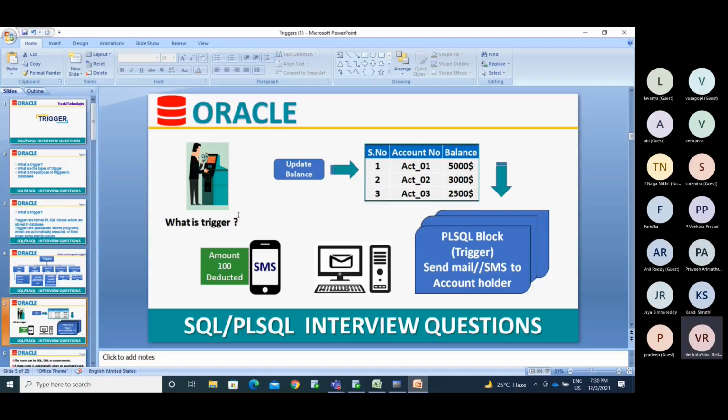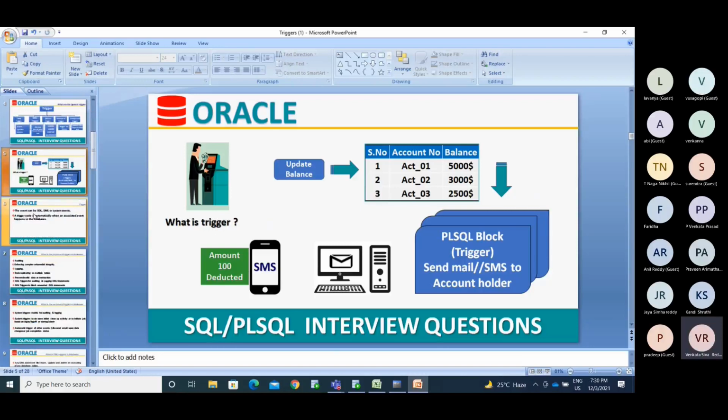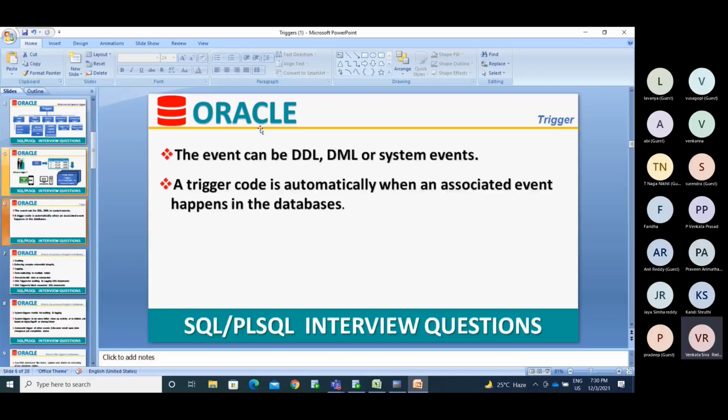Okay, now we'll see the other thing: what the event is. The event can be a DDL, DML or system event. Majorly we will work on the DML trigger, not the other triggers.